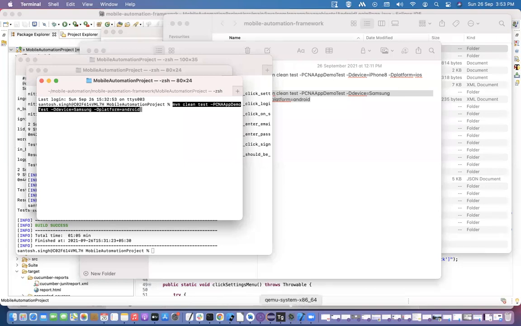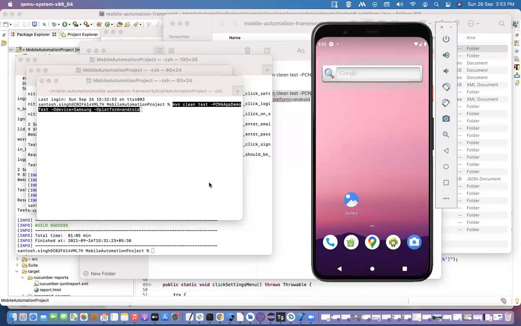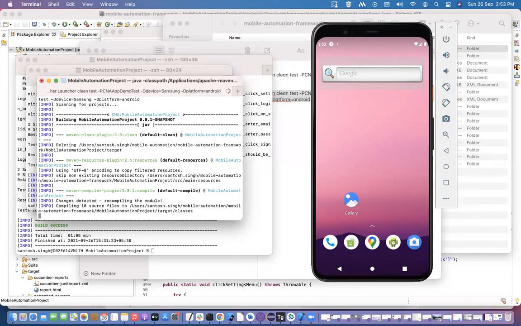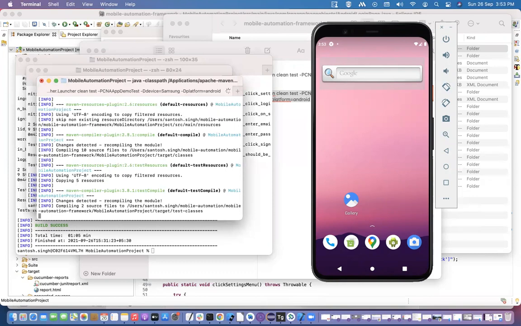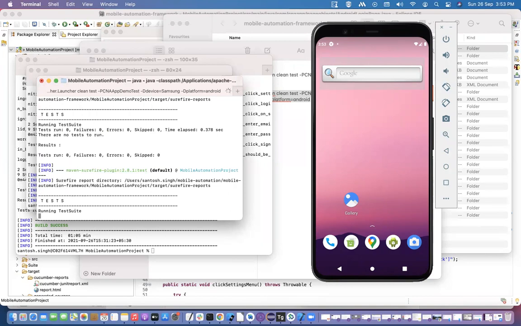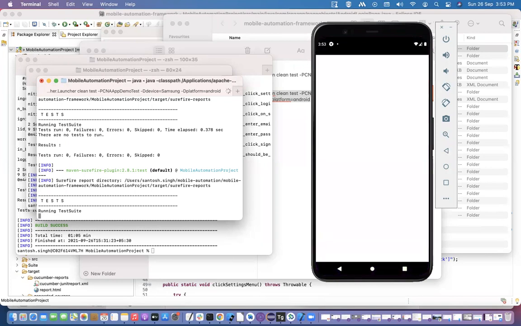Let me open the app and enter. So the test is running.